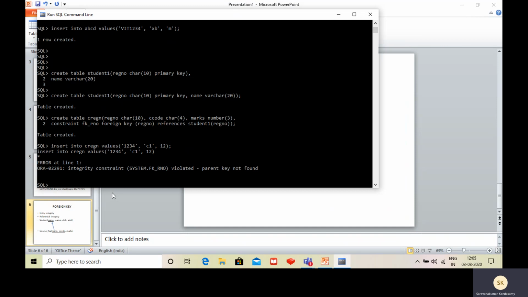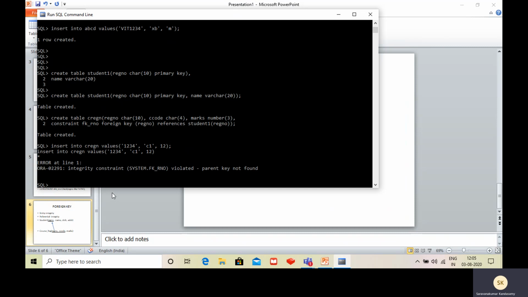First I have to create the parent table, then I create the child table with the foreign key. Or I can create the child table and parent table, then alter the child table to include a foreign key. So any way I can include the foreign key. But the parent table must be created first with the primary key component.